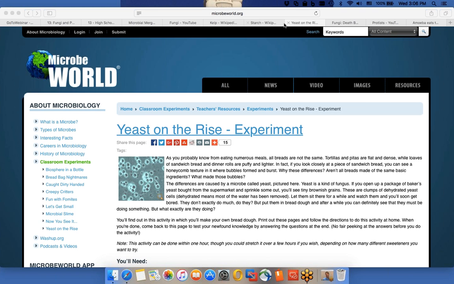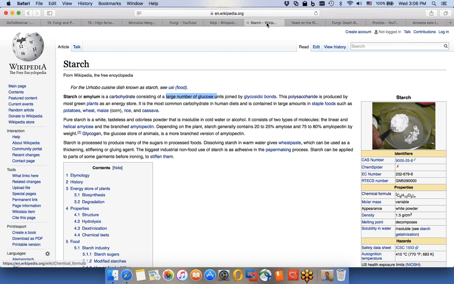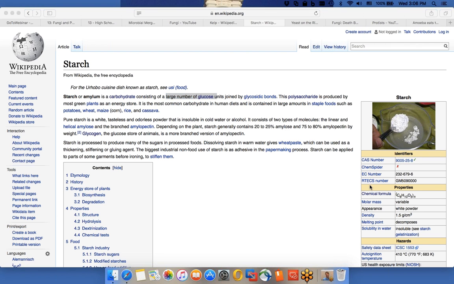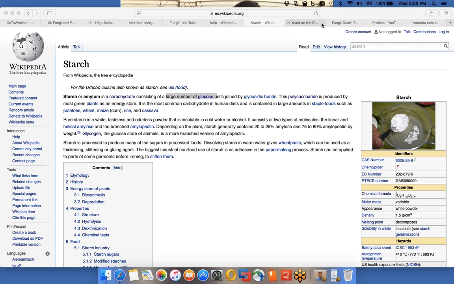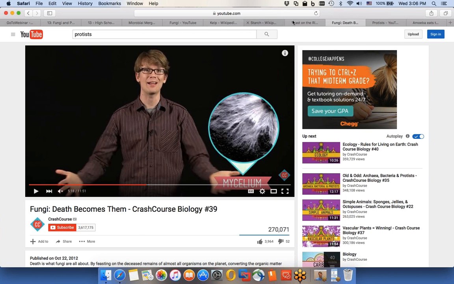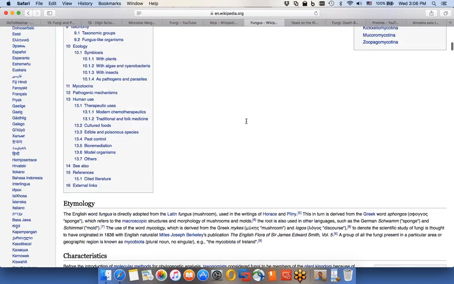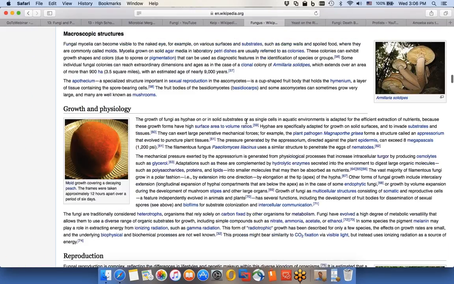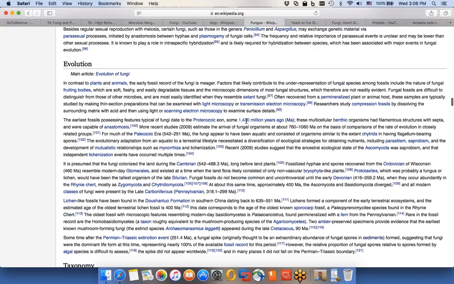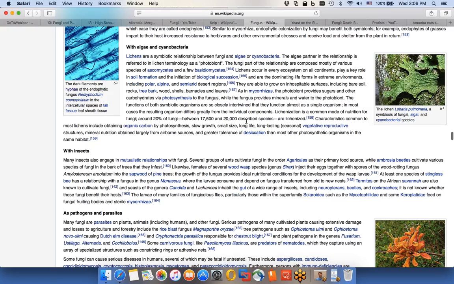And let me see, I saw a picture here that was pretty cool. Okay, so I saw something that was showing, let me see, okay, I'm clicking everywhere. Fungus. Okay, so there was a picture in one of these articles about the